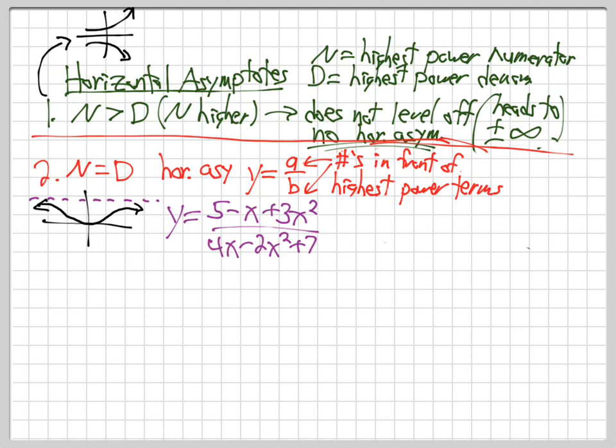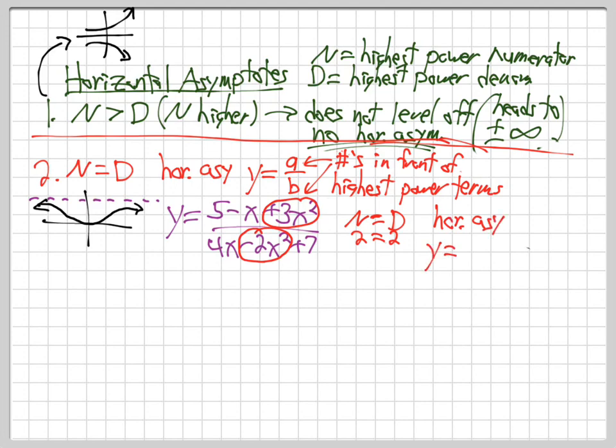So what would be the case here? See the power on the top. There's the most powerful term on the top. There's the most powerful term on the bottom. They're tied. They're both 2 power. 2 equals 2. So the horizontal asymptote would be y equals